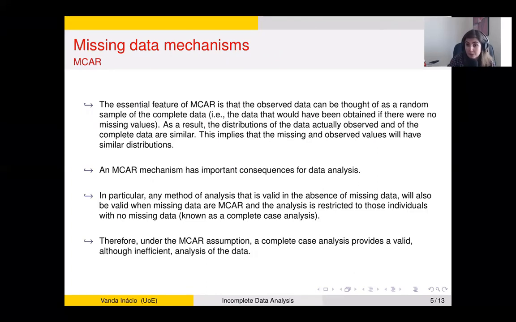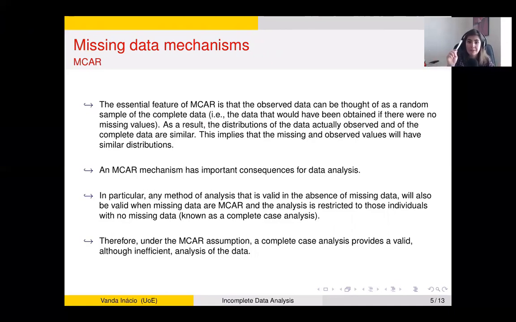This implies that the data that we actually observe and the complete hypothetical dataset have similar distributions, and further that the observed and missing values also have similar distributions. So in the case of our BMI example, the distribution of the missing BMI values and the observed BMI values